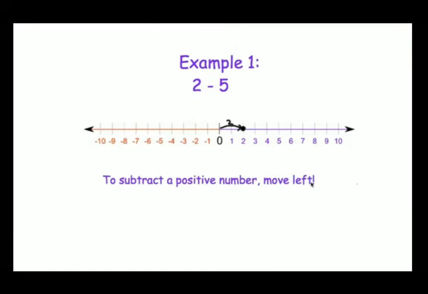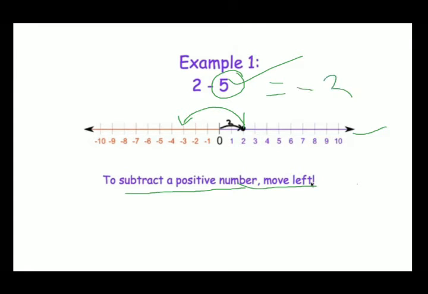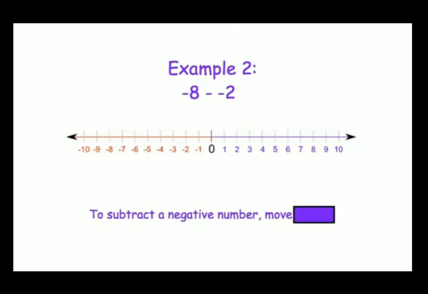Example 2 minus 5. First draw the number line. After that first we have to mark the 2. So from 0 we will mark 2. After that, to subtract a positive number we have to move left. How much do we have to subtract? 5 we have to subtract. So where are we? We are at 2. If we move on the left side, how many steps? 5 steps. Then we will reach at minus 3. So what is the answer of 2 minus 5? It is minus 3.